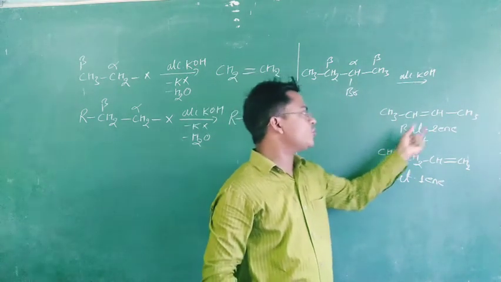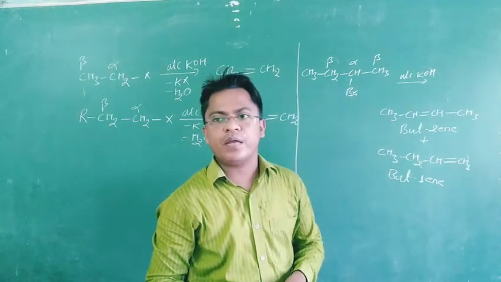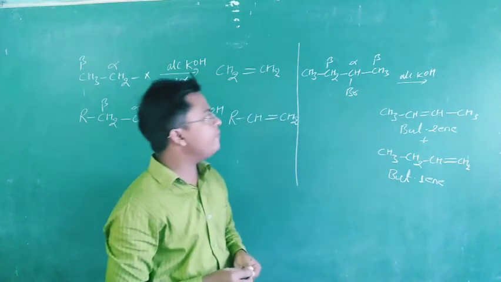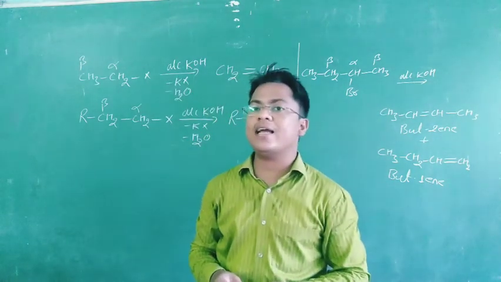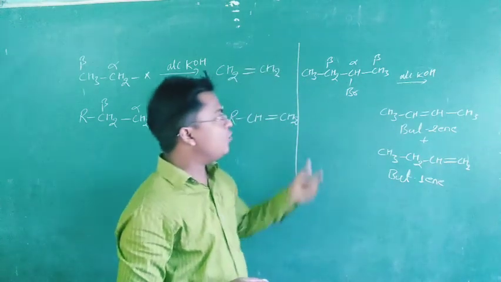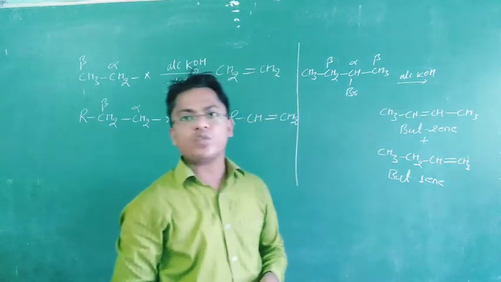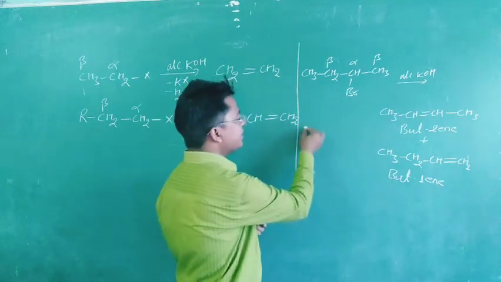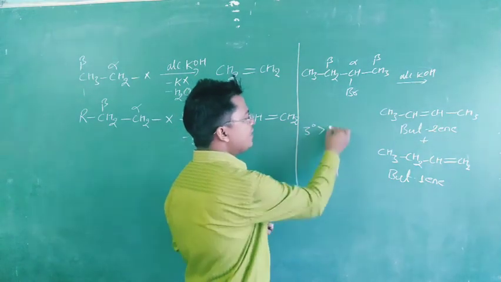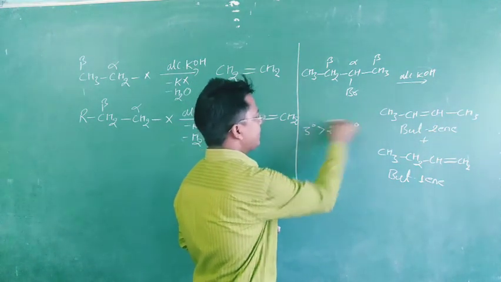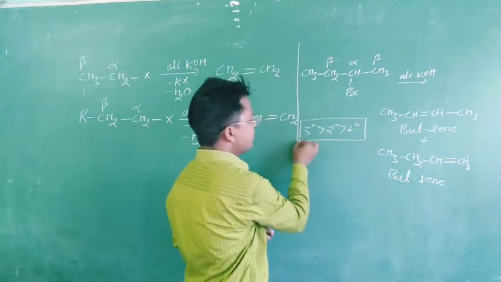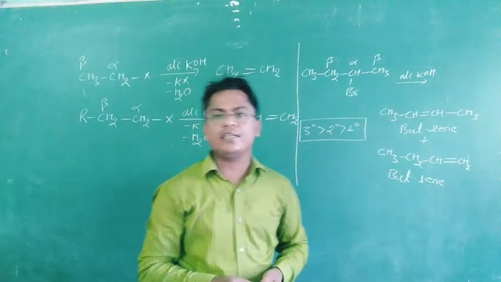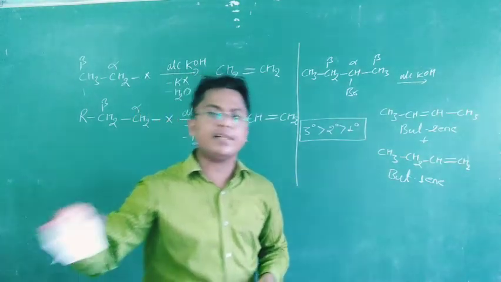But-2-ene is the major product, because according to the Saytzeff rule, the hydrogen is eliminated preferably from that carbon which is more alkylated. We can also say the hydrogen will eliminate from the carbon which is more alkylated. It means for a tertiary alkyl halide, the probability is greater than secondary than primary. The elimination goes in the order tertiary, secondary and primary. This is called Saytzeff rule. Let's have some other reaction.